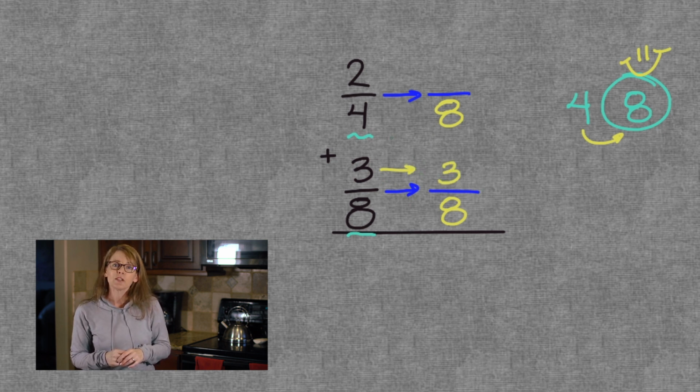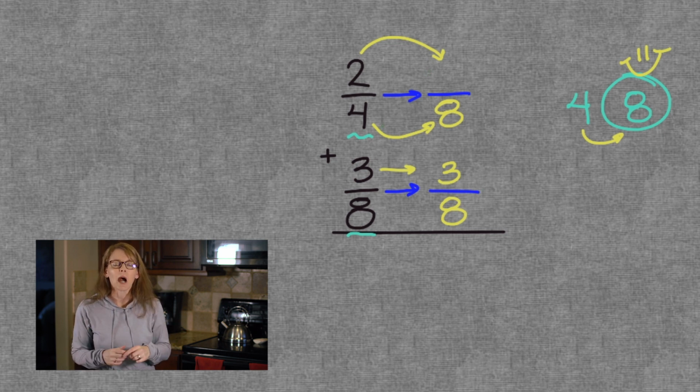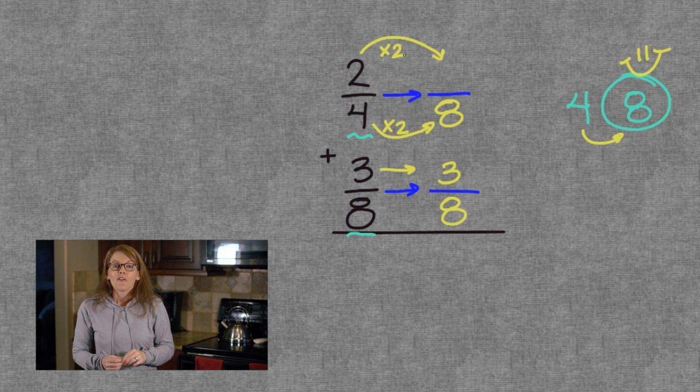Draw your rainbows from the 2/4 so you don't forget to multiply on the top and the bottom by the same number. We'll start at the bottom. How did that 4 turn into an 8? It got multiplied by 2. So the rule is to do the same to the top and the bottom to keep an equivalent fraction. So I'll write times 2 on my 2 rainbows like this. For the numerator, I have the 2 I started with multiplied by 2 for a 4 on the top.